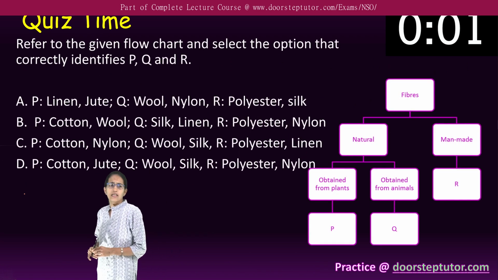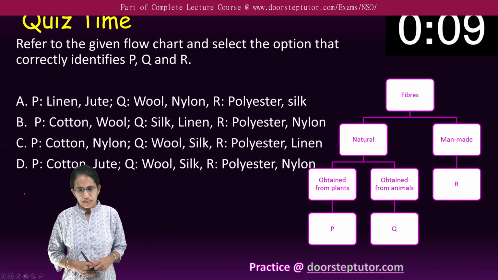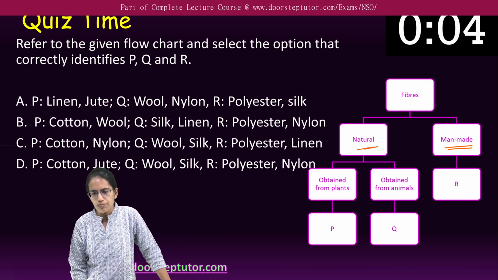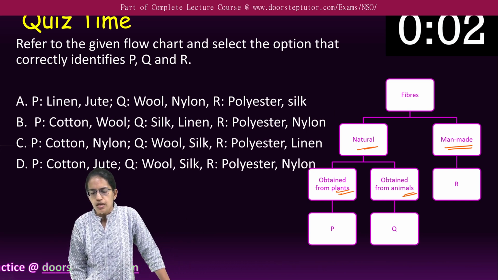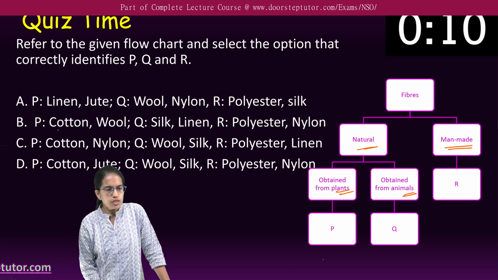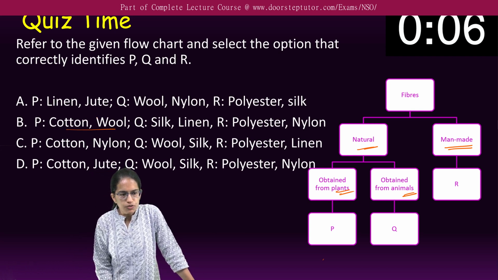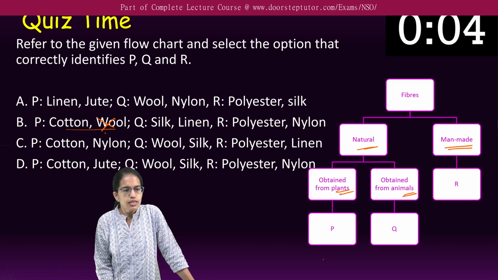Coming on next, we have given a chart here. You have to explain the man-made fibers and natural fibers from plants and from animals. So from plants, cotton, jute. So cotton and wool cannot be the option for P. Wool is animal based. Linen and